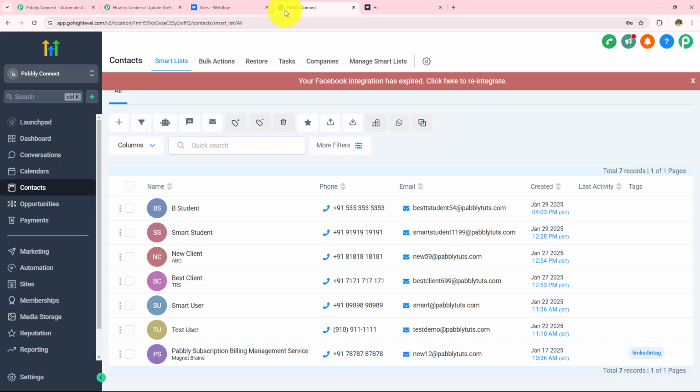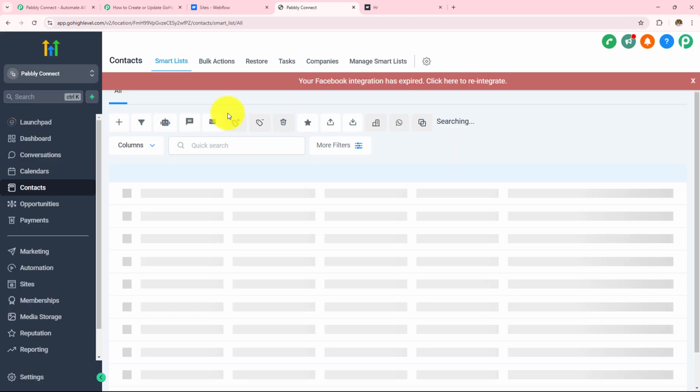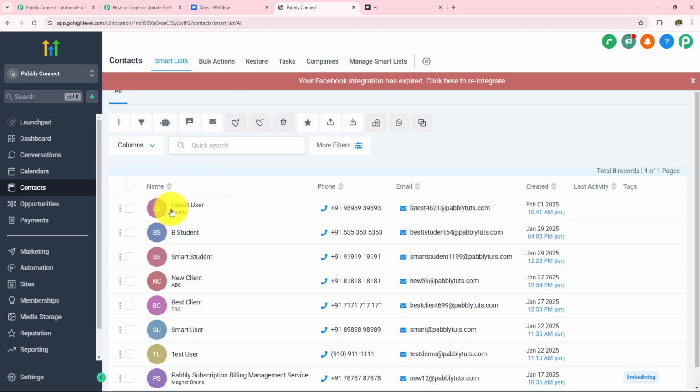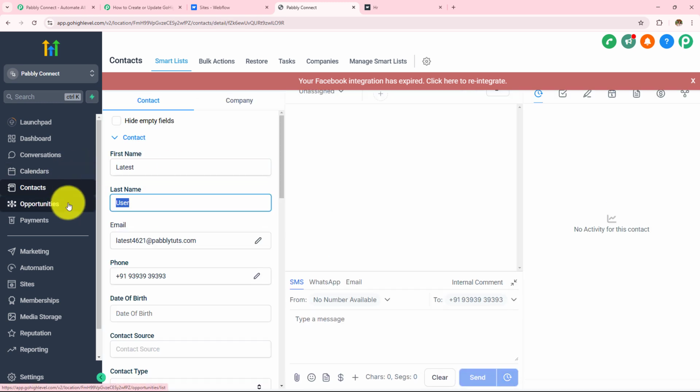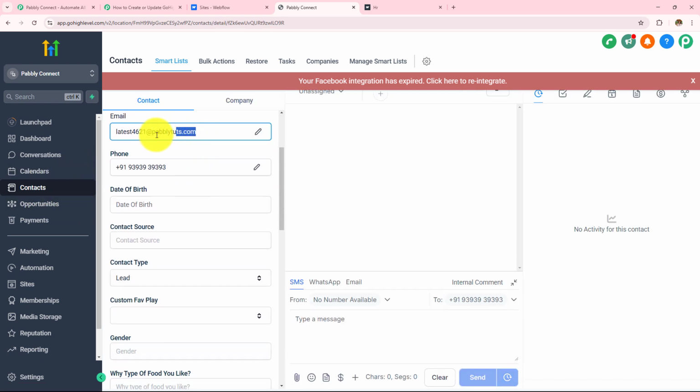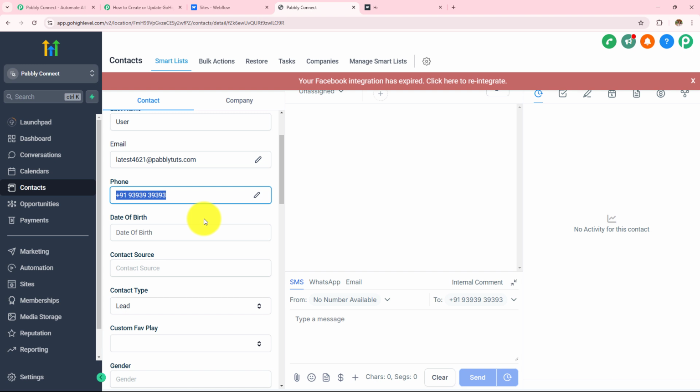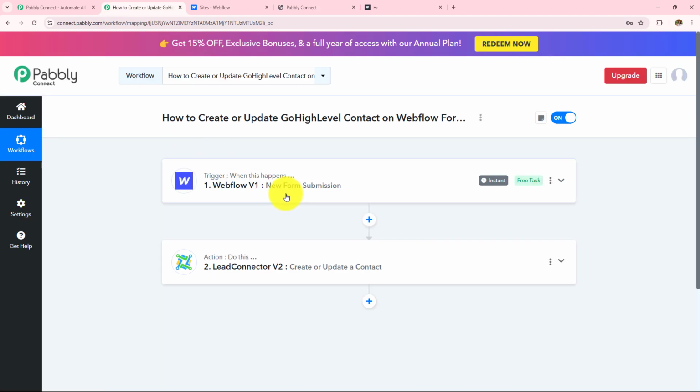So let's open my GoHighLevel account and refresh this page once. And here I can see that I have instantly created this latest user as a contact in my GoHighLevel account. Let's open this. The first name was latest, last name was user, email address that we entered was latest4621@pabblydudes.com, phone number was this. So this is how this automation workflow will run, and now to learn how to create this, let's start creating